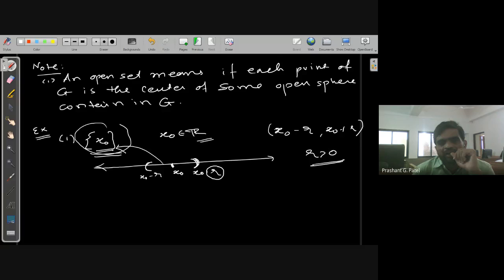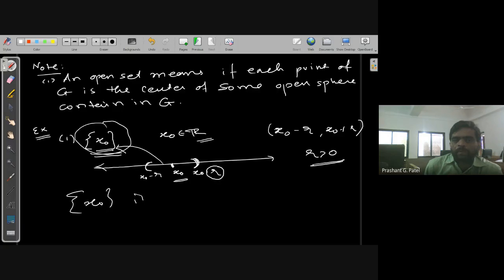Because this set contains only one point, it will never be possible. So there will be no open sphere of x0 inside this set. That means this singleton set {x0} is not an open set.